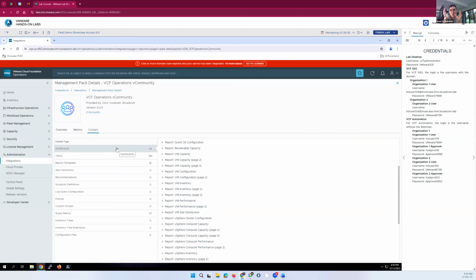I think there are two types of consumption the way I see it. The majority of customers and partners are just going to use it as it is, so you get all these dashboards, reports, and supermetrics out of the box.